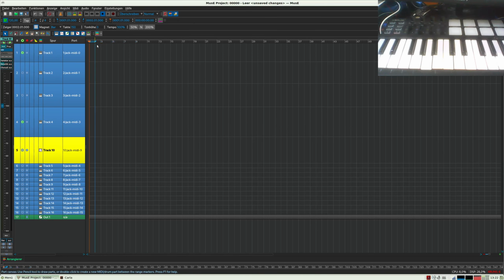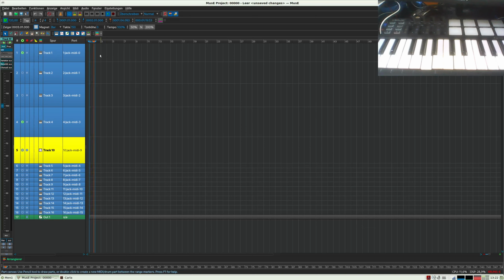I will only use the first bar at the moment. Put this here to repetition. Where is it? Metronome. The problem of Muse is that it changes the positions from time to time. So this is the Schleife, the loop, and I will loop it.